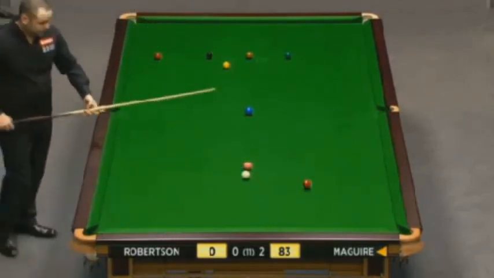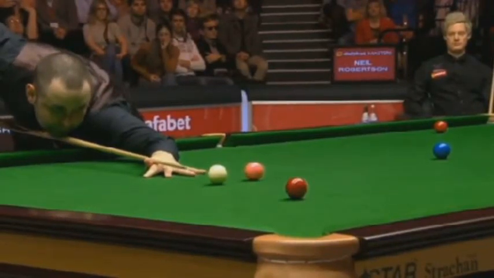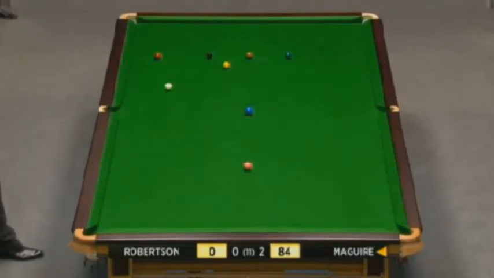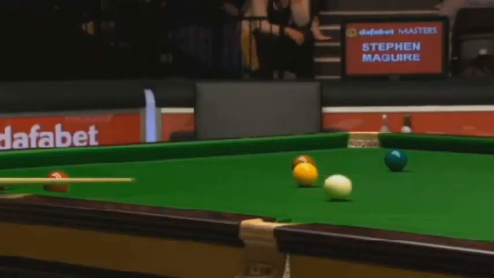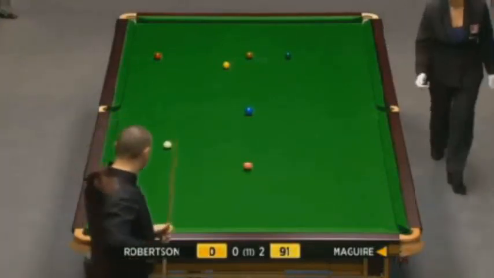Yeah, sometimes when you've missed a ball and you know you've lost the frame and the cue ball is still rolling around the table, it's effectively still your shot. You can give in while that's happening, but once the ball's come to rest, it becomes your opponent's shot. The etiquette changes a little bit. It's a fractional difference, but